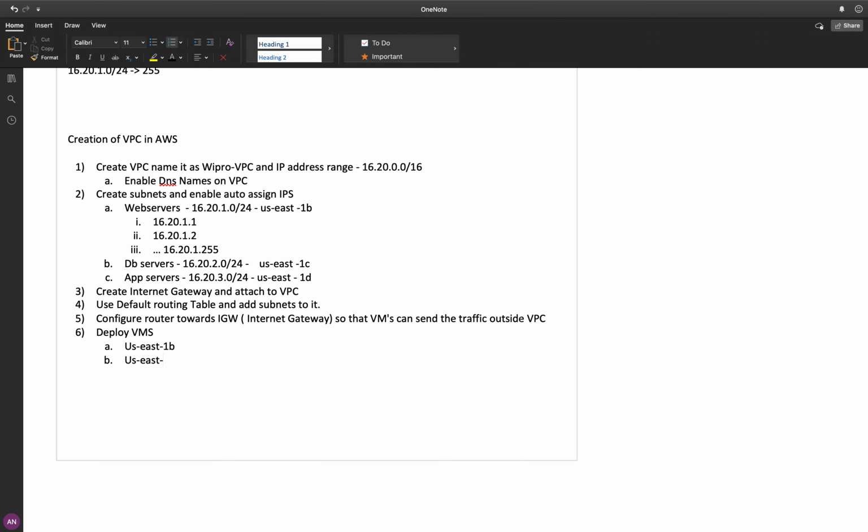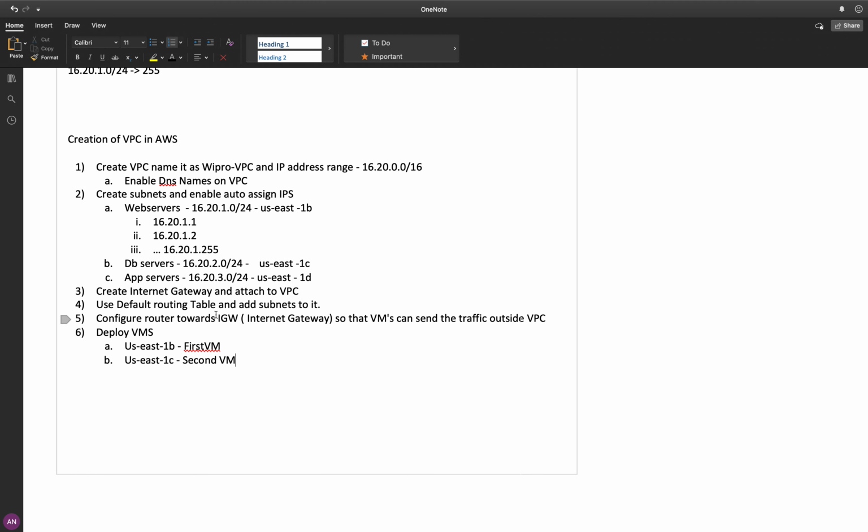And 1C. If you deploy, I will log in inside this virtual machine, inside this data center. I will create one VM, maybe EC2, the first VM, and this second VM. We will see how we can make these two communicate. These are all the steps of the VPC in AWS.